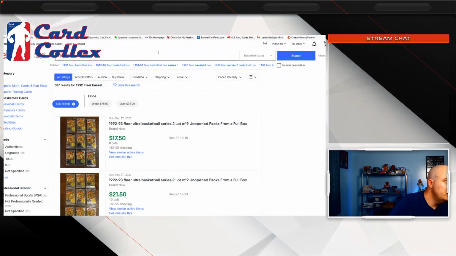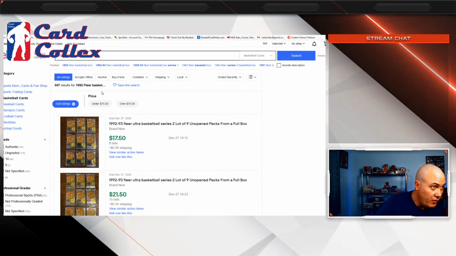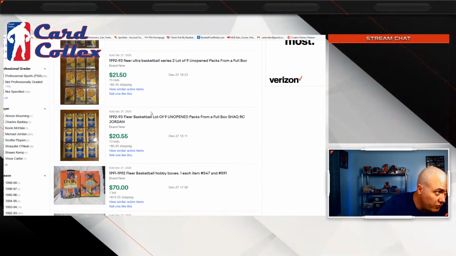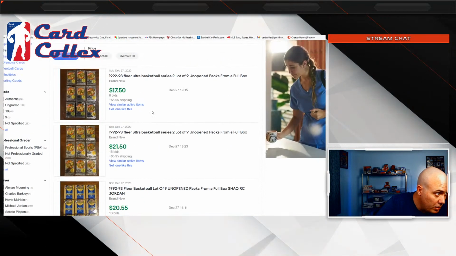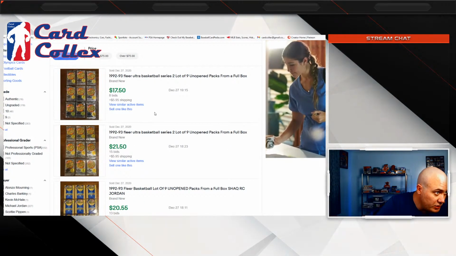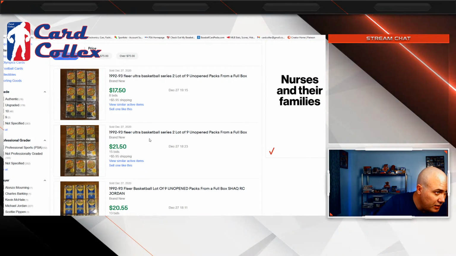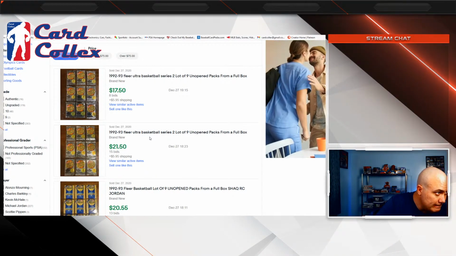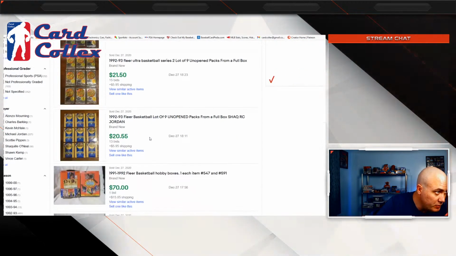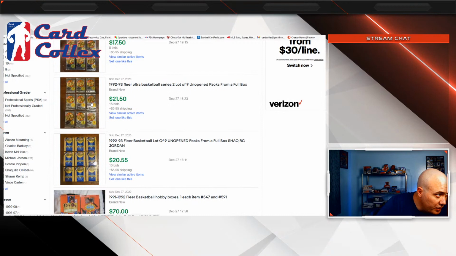If I'm trying to get a PSA 10, I want to know what the boxes go for. Series 2, lot of 9 for $20. That's pretty good. That's Fleer Ultra.